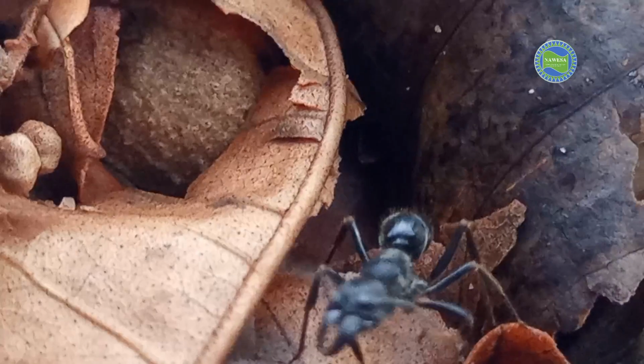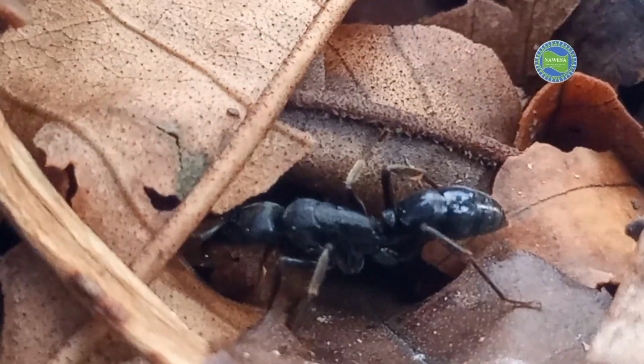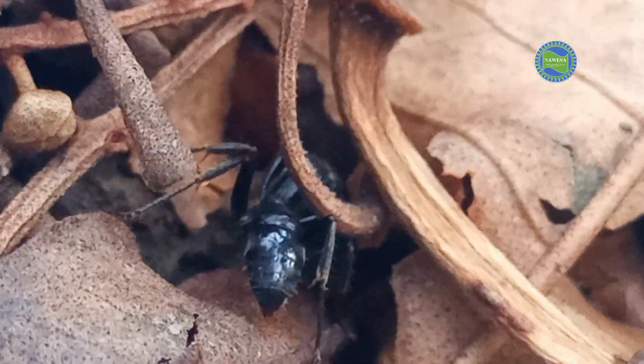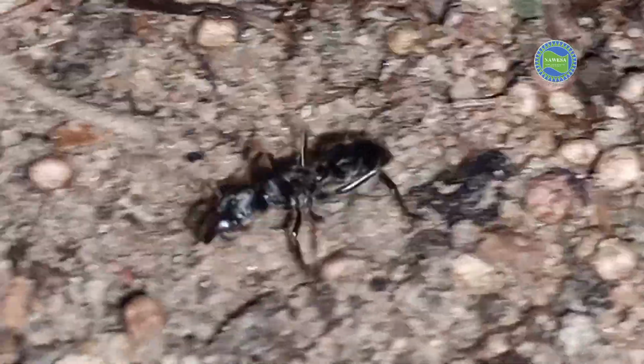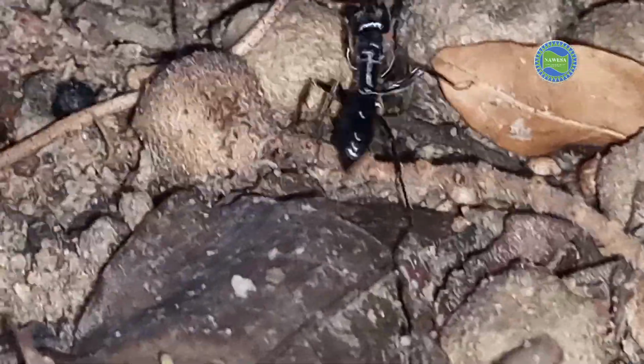The jaws of giant ants are so large and powerful that they can crush the exoskeleton of other insects. The jaws contain sharp teeth that can pierce the skin of large animals such as birds and reptiles. The size and strength of the jaws is an important adaptation for giant ants, as it allows them to consume a wide variety of food sources, including other insects, seeds, and fruits. It also helps them defend themselves against predators. They are also used for foraging and digging, as well as